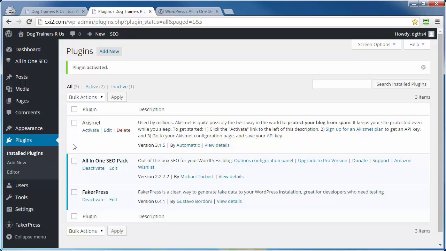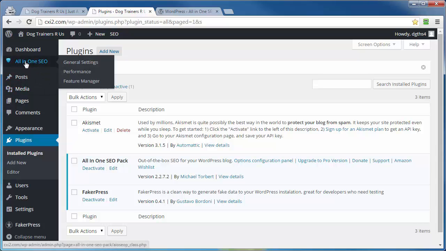But let's go ahead and take a look at some of the settings. Now it does appear up here at the top on your left sidebar